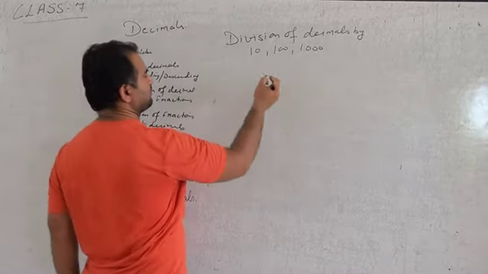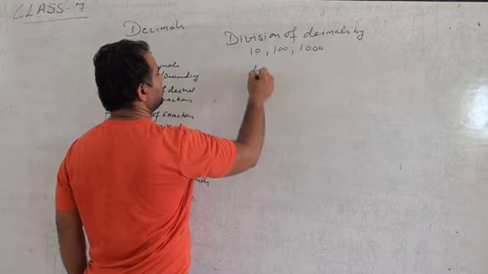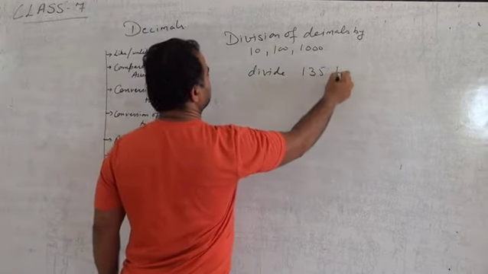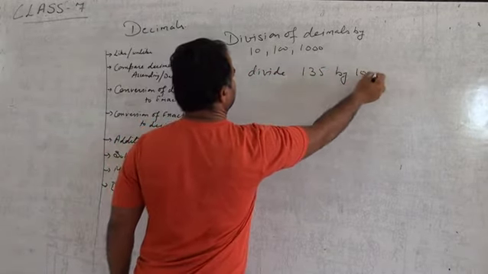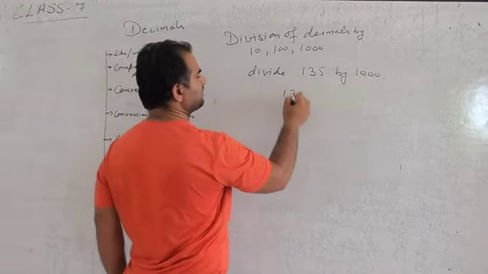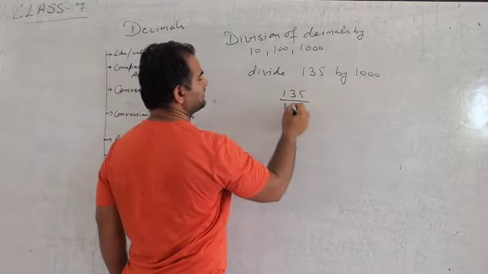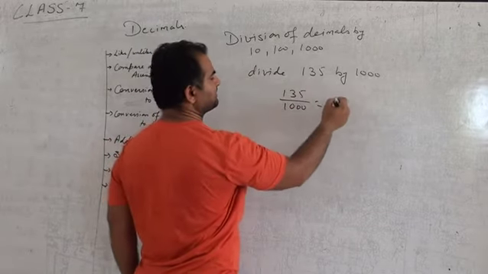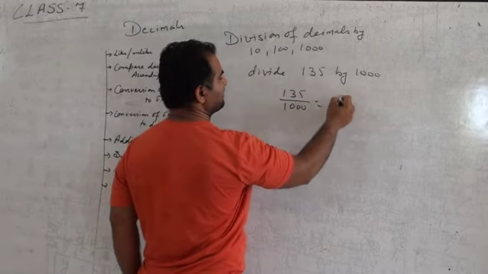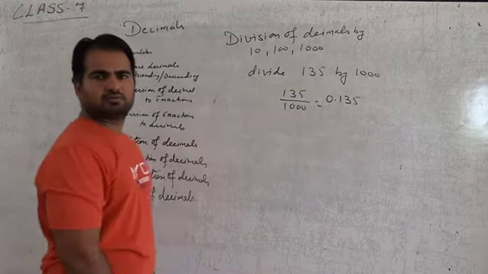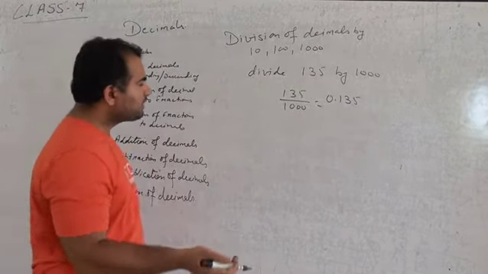So the question is to divide 135 by 1000. We can do it easily: 135 upon 1000. How many zeros are there? 3. Then we have to place the decimal by 3 digits. It will be 0.135. But what if the question is